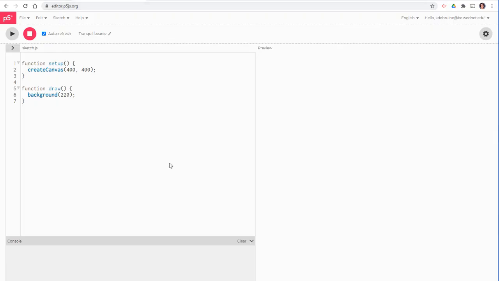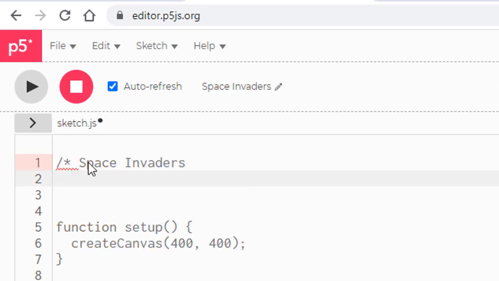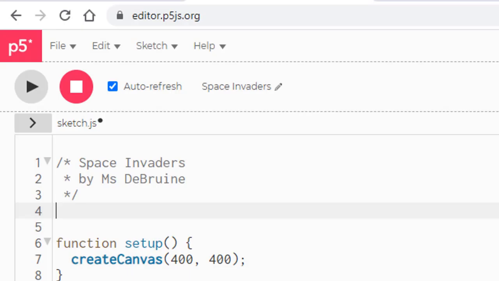I have the P5 editor open at editor.p5js.org. I make sure I'm logged in so I can save my work. Let's give this sketch a name, Space Invaders. The first thing you should do is put your name on your work. We'll do that here. In this first step, we're going to just create the ship at the bottom of the